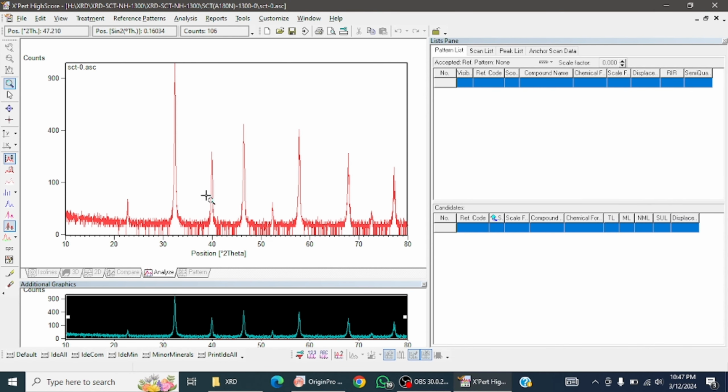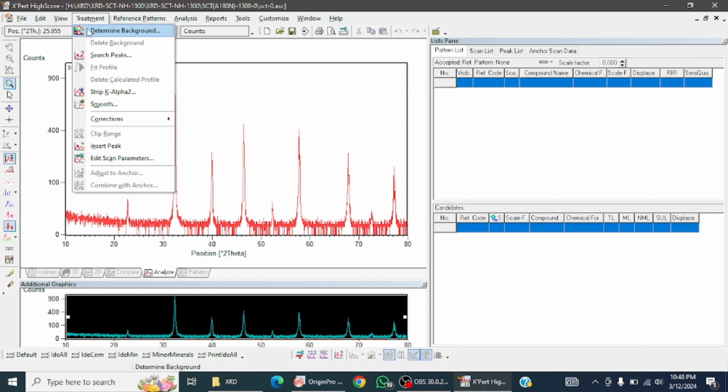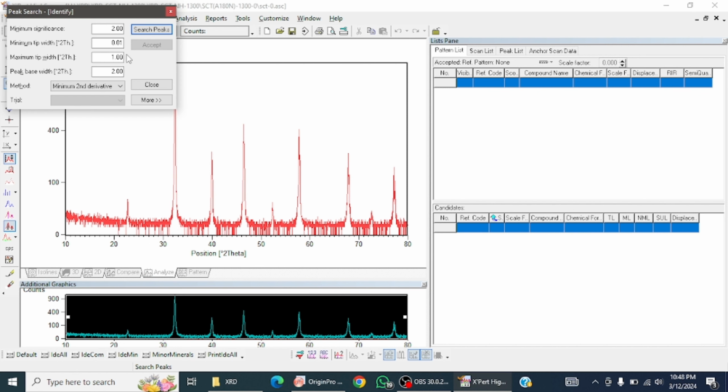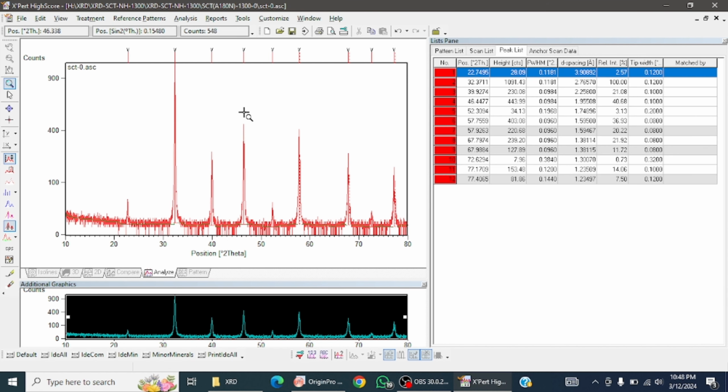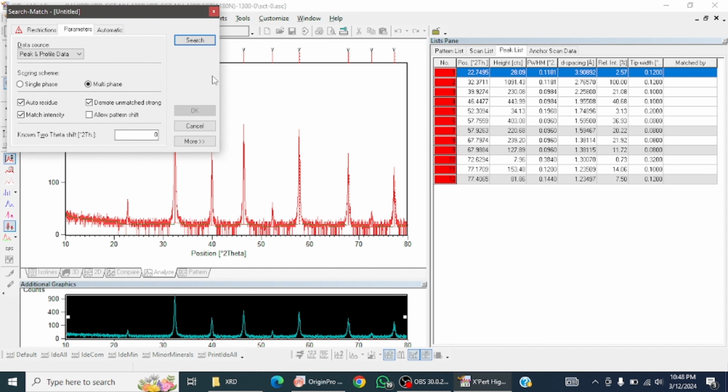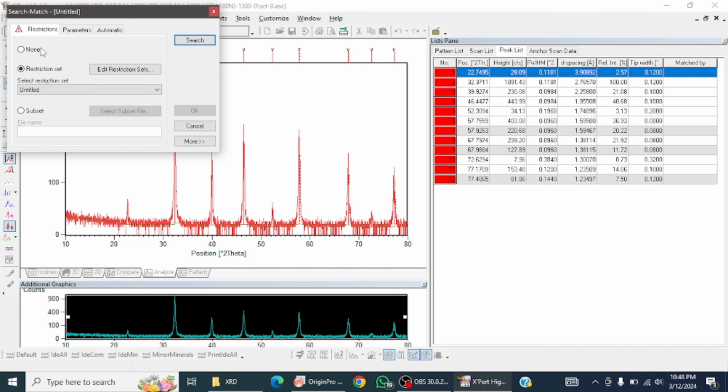So these are the XRD peaks related to my data, and now I'm going to search for the peak. Click on treatment and search peak, and these are the peaks related to my XRD data. So now in the next step I am going to search match and click on restriction,